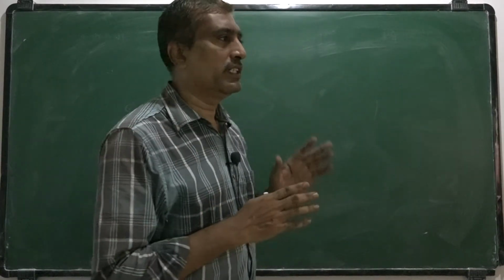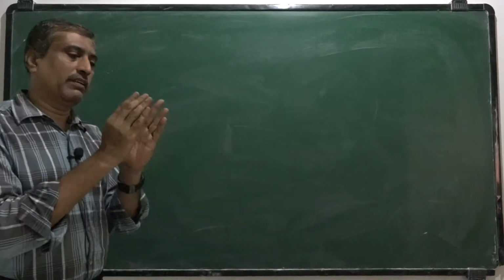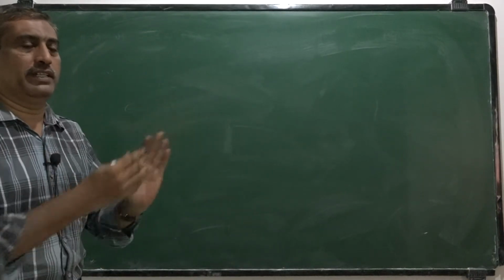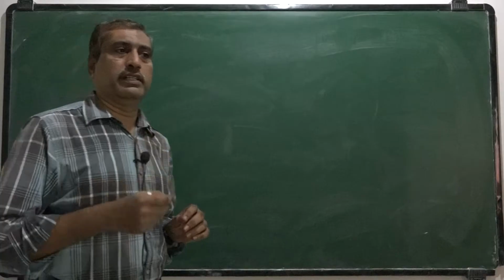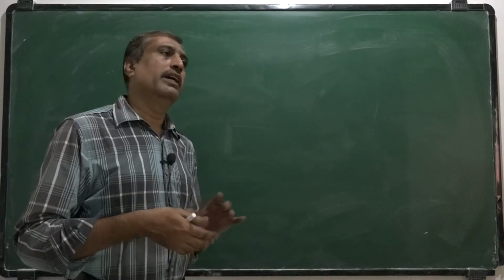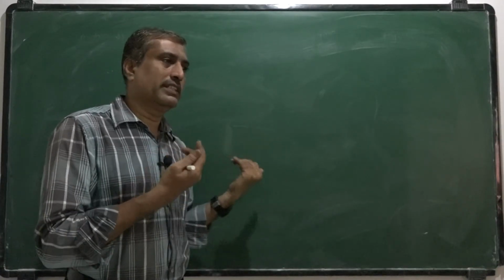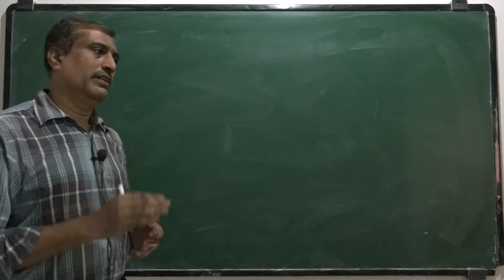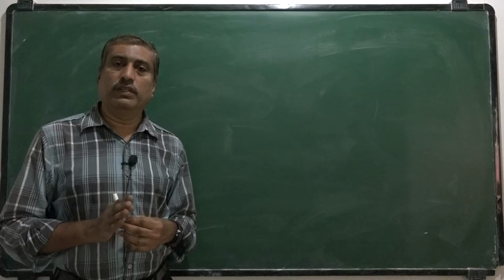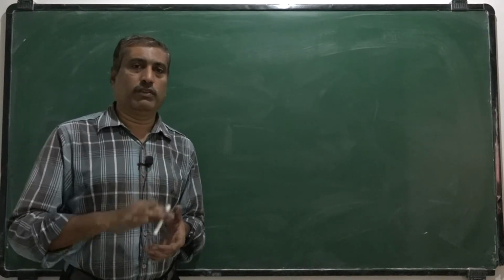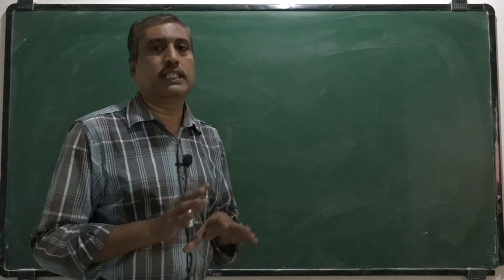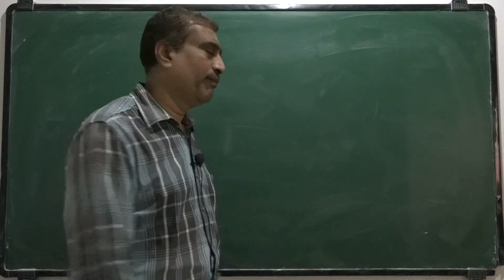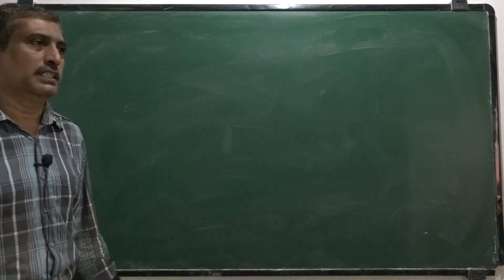Once the junction is formed, a layer is formed across the junction between the P and N, and that layer is called the depletion layer. The width of the depletion layer decreases in forward bias and increases in reverse bias. A PN junction diode conducts only in forward bias, and in reverse bias it does not allow the current to flow. That we have discussed in the last class.